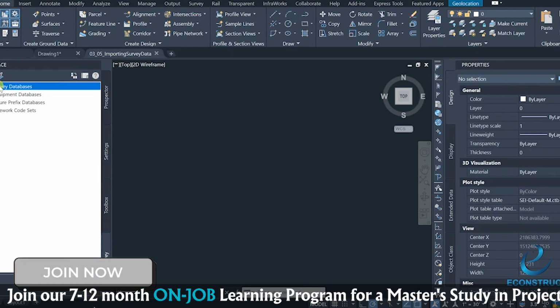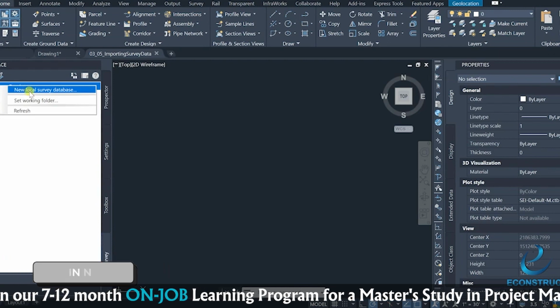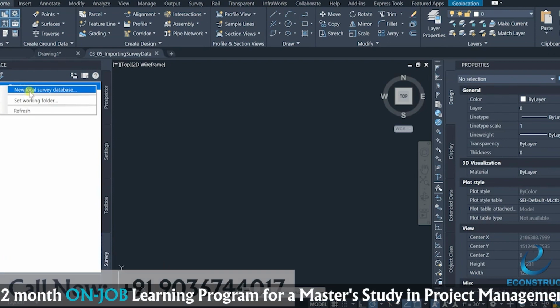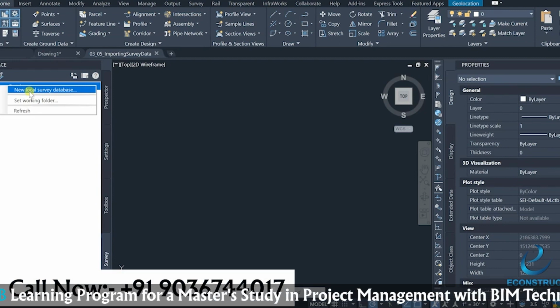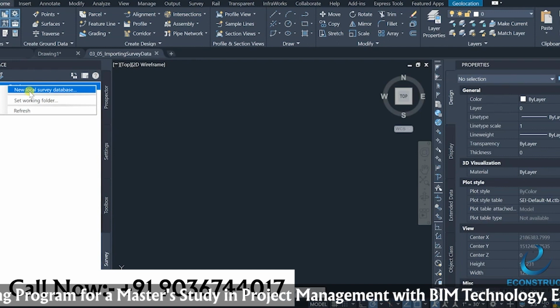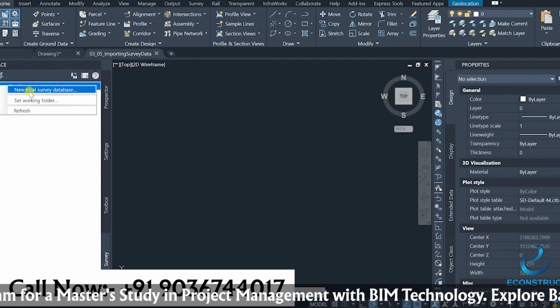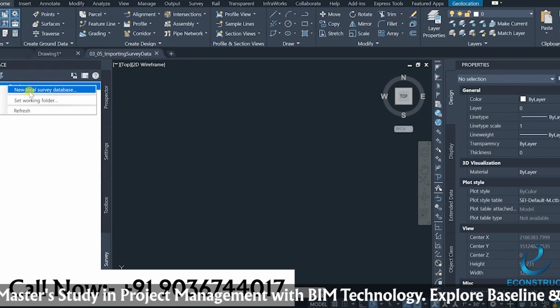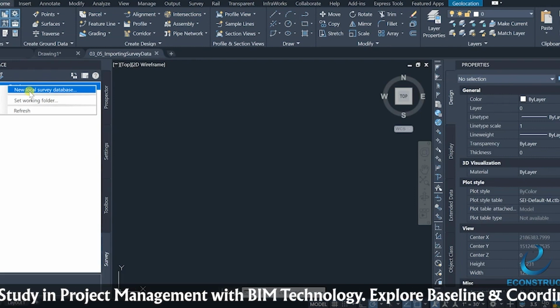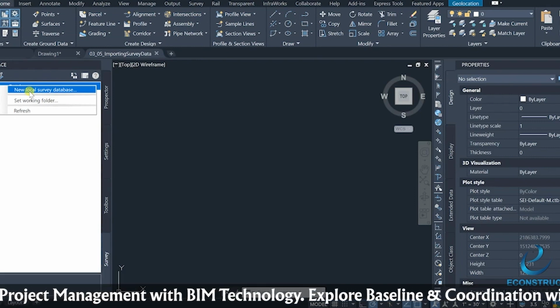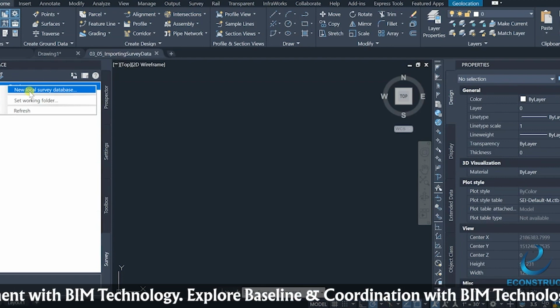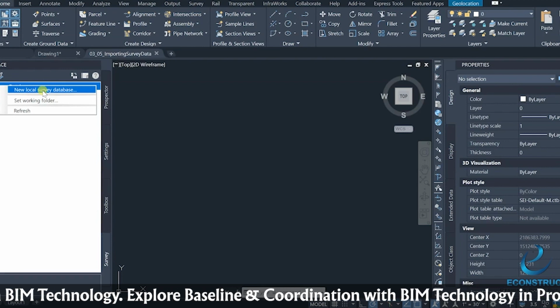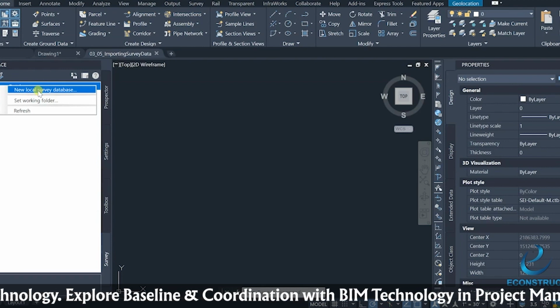If I right click here, there will be an option to create a new local survey database. Suppose you're running a company in which a completely different survey database is being utilized, you can map the surveyor data with your company data, and it can be utilized for any type of project in your company. All right, so you can see here that if I click on this new local survey database,